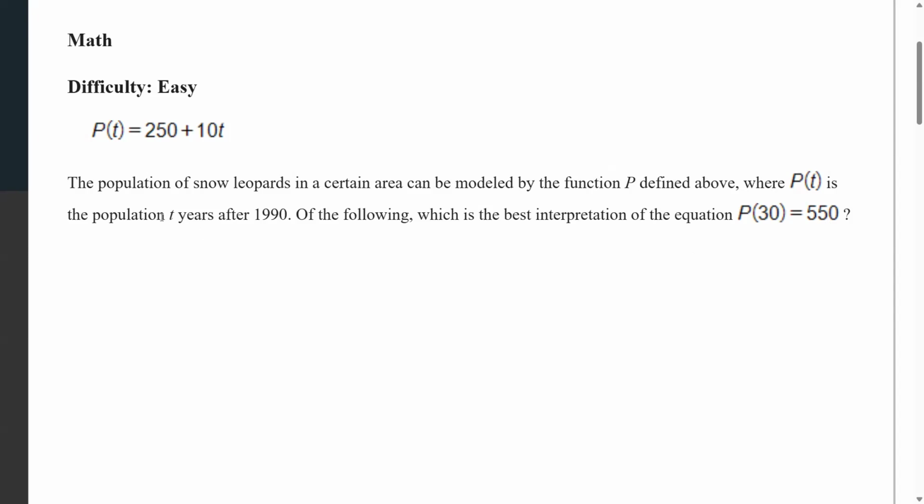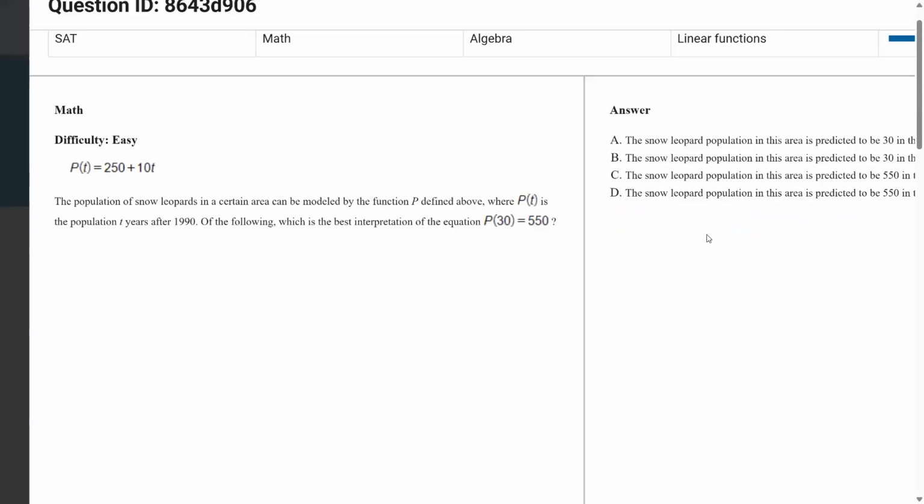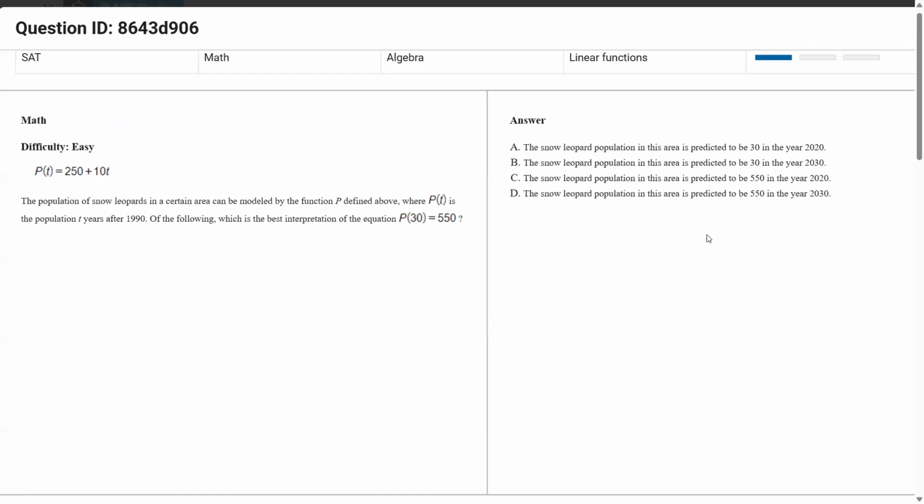T is the years. So this is the number of population 550 years after 1990. Sorry, 30 years after 1990, and it gives you 550 for the population. 30 years after,